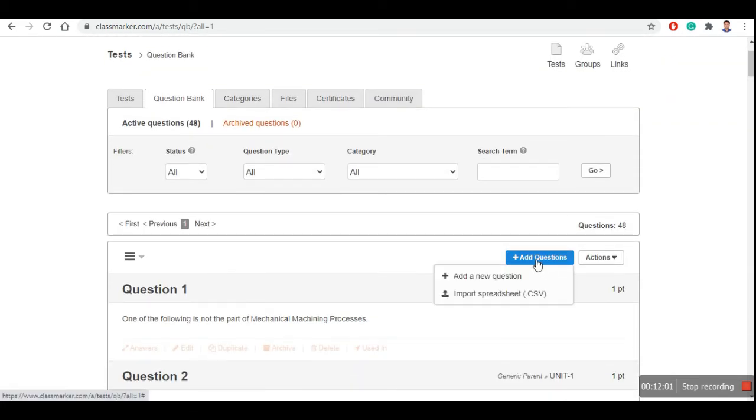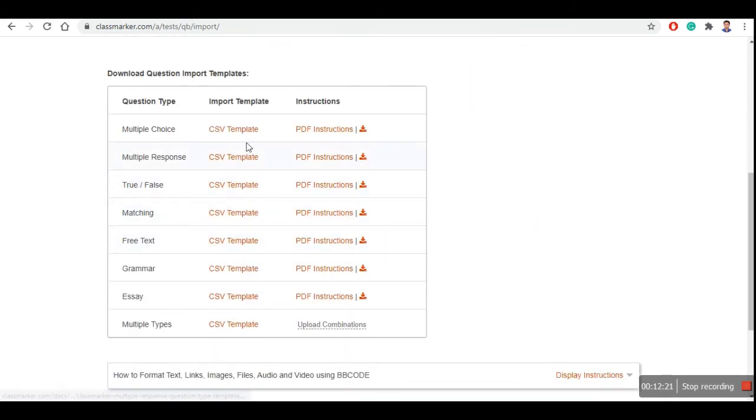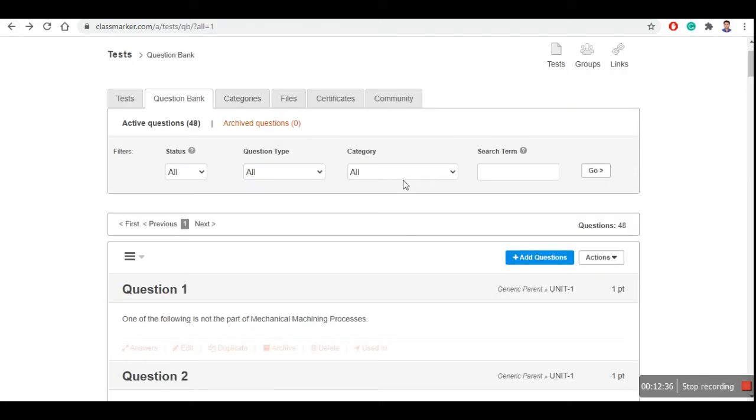So add a new question. You can also import a CSV file. Okay, there are many formats available. You can go for the Excel format, that is always better. You will find it. Okay, right. So if you go for this import CSV file, then these options will come, like which template you want. You can download the template, like the multiple choice type CSV template. Always it is better. So then you can download this template, fill in all these things and then just import it. But in this case I am going to do it manually because it has some advantages.